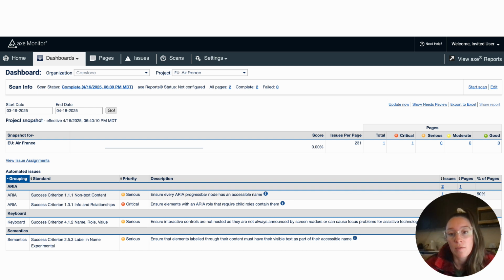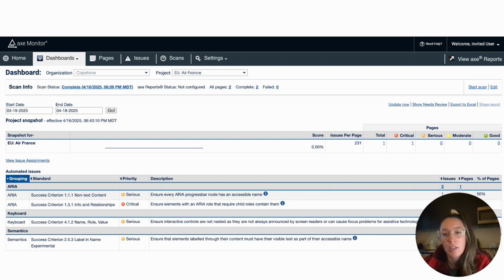The plan was to collect information both by hand and using AxMonitor scans. I was counting keystrokes by hand and making notes on the screen reader's performance and usability. But as I collected this data, it became apparent that the data collection process was not reproducible. I had issues with the screen reader glitching when I switched between screens or acting differently when I would repeat data collection on the same page. I also ran into issues with the number of keystrokes being different depending on different flight criteria for the same website. Another limitation was that AxMonitor scans couldn't capture all of the page states we were interested in.